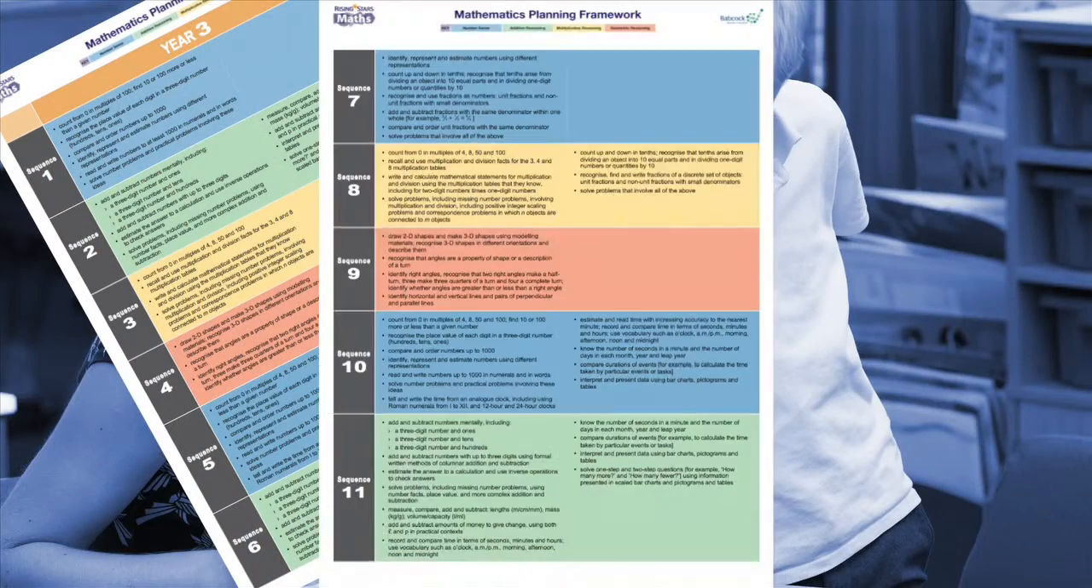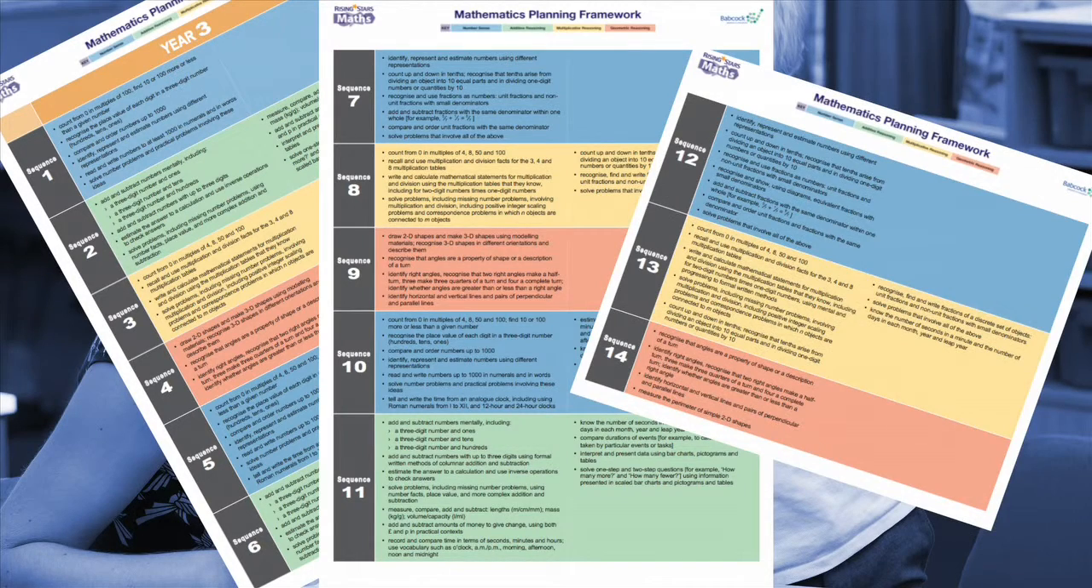So we've taken the content of the curriculum from each year group. We've sorted it into 14 sequences which happen within each year group, and they are split between 4 themes, and those 4 themes are number sense, additive reasoning, multiplicative reasoning and geometric reasoning, and those are 4 big mathematical ideas, and all the domains that are in the national curriculum are fitted in and brought together under those 4